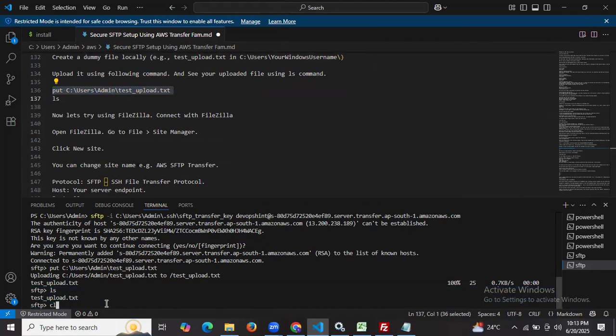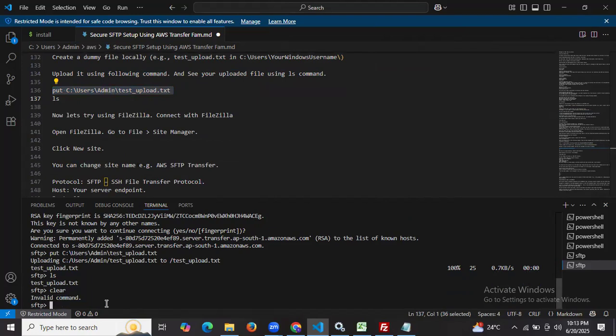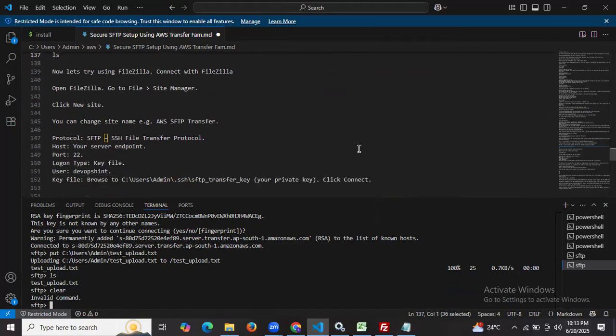Okay, so let me clear the screen first. Invalid command in this. So you can see it's successfully uploaded. Now, after that, the next is